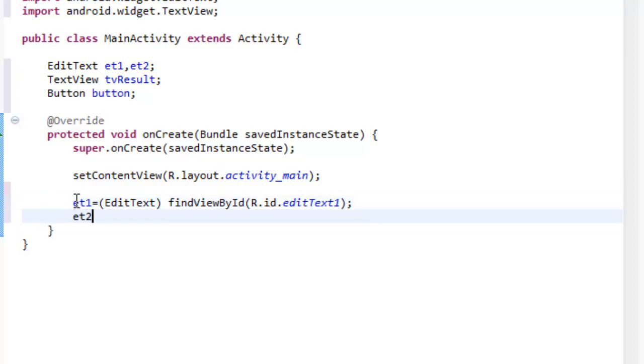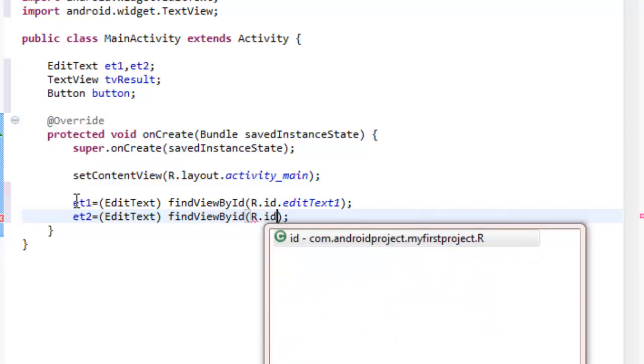Now we have et2 which takes the user input for the second number. All this is pretty simple, as I told you earlier in the last lectures. So we have to make a reference for each and every element here.